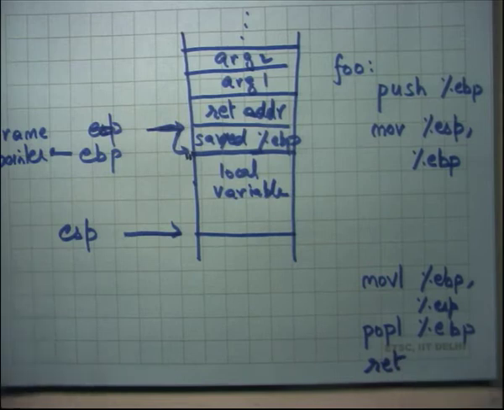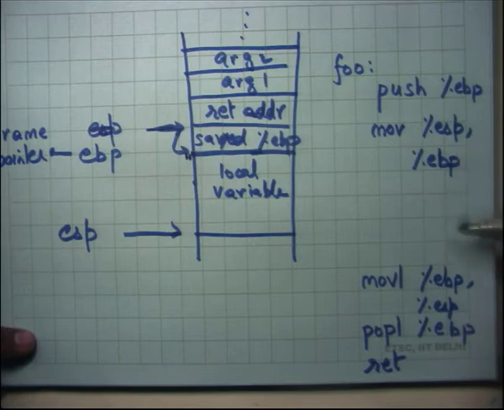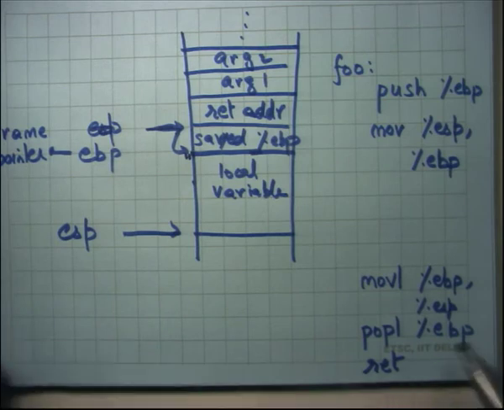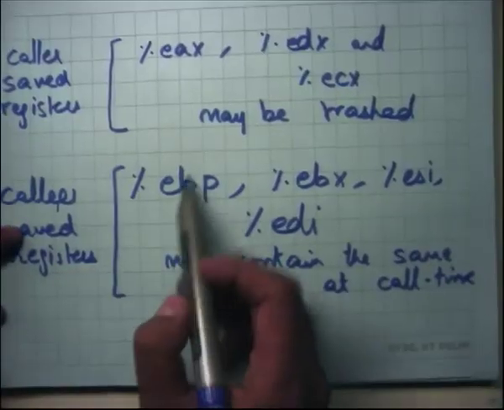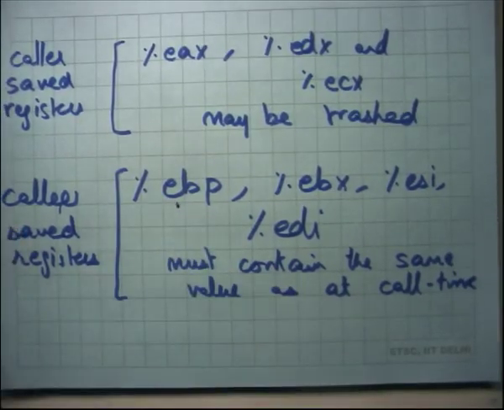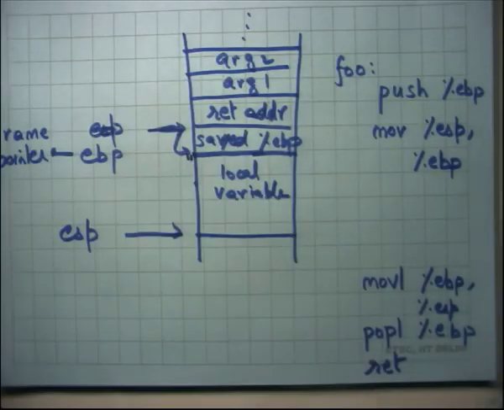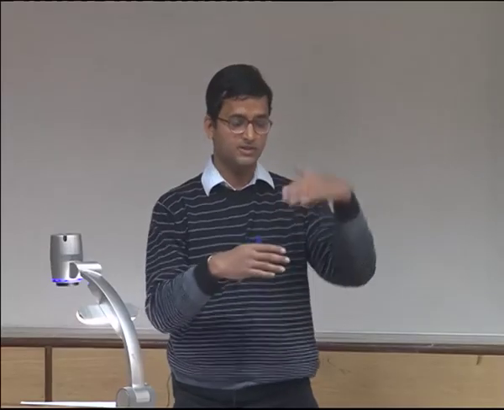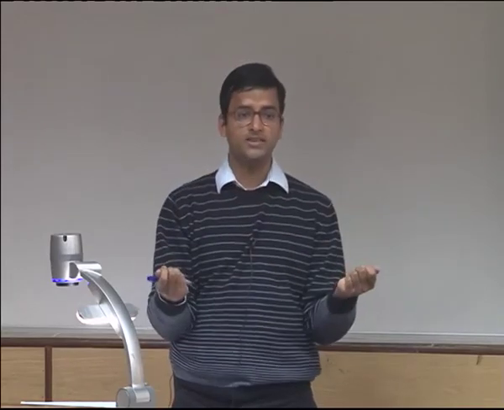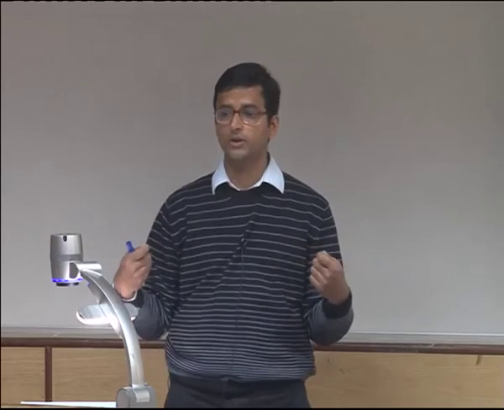So I go back to the caller. In this way, I save the EBP value, I clobber the EBP value in my code, I write over it, and then before I return, I just pop it back. Recall that EBP was a callee saved register, and so the contract is that the EBP should be exactly the same as I gave it to you. And so this mechanism is actually doing that for you. This is a typical GCC behavior: you will save the frame pointer of the previous caller, and you will initialize the new frame pointer, and before returning you are going to restore the frame pointer of your caller.